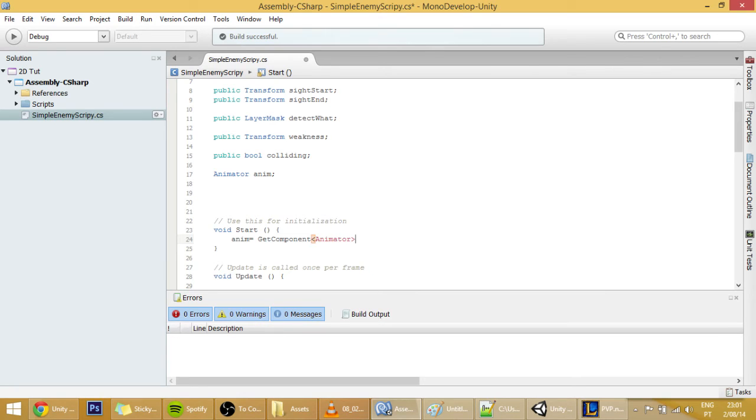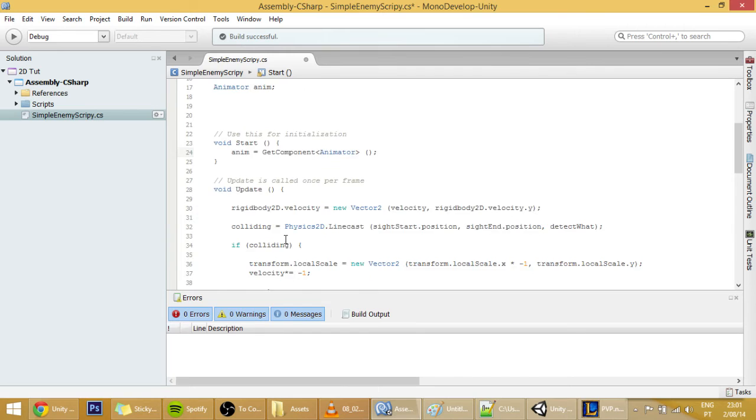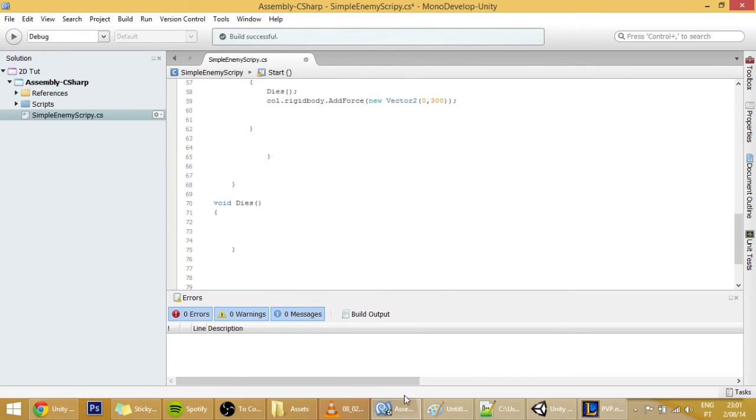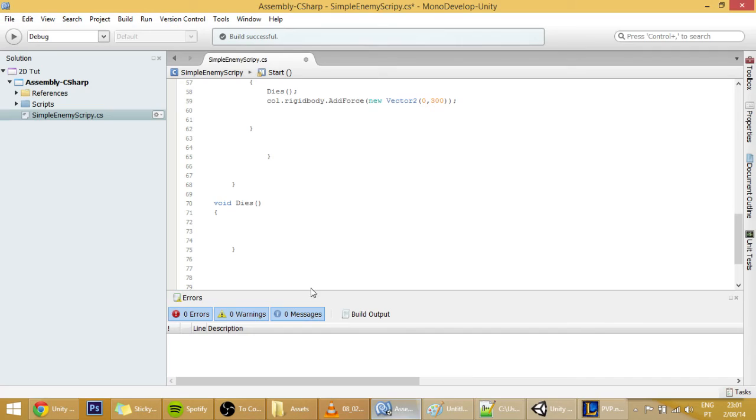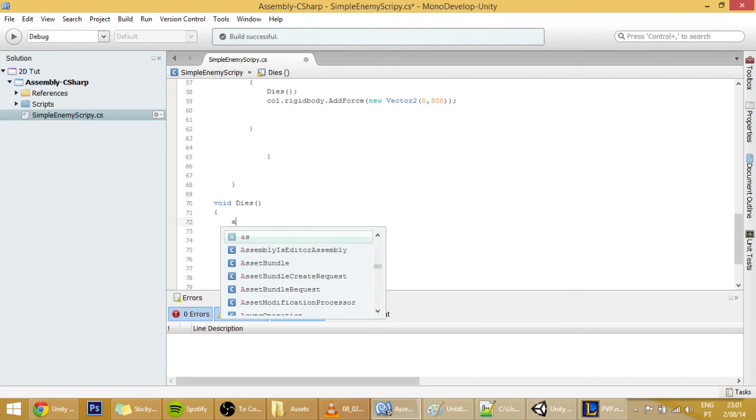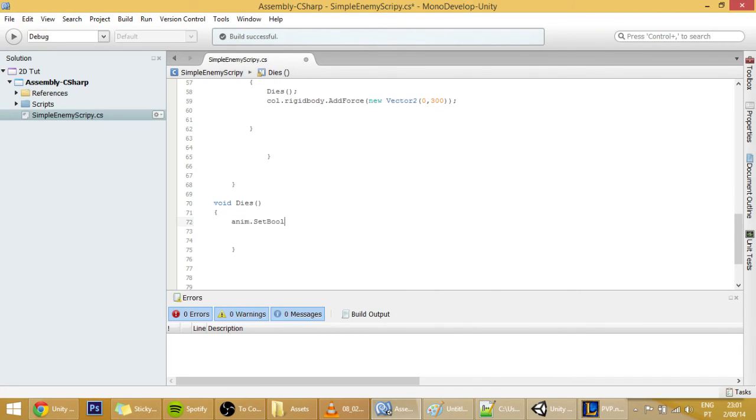And with this we are accessing the animator component of this enemy, and in that animator, which is this one over here, we're going to set a bool, which is the stomped bool, to true. And now our enemy should play the death animation whenever we jump on top of it.